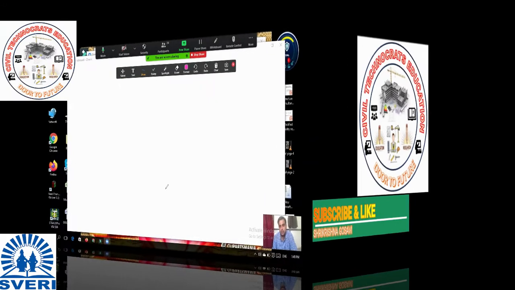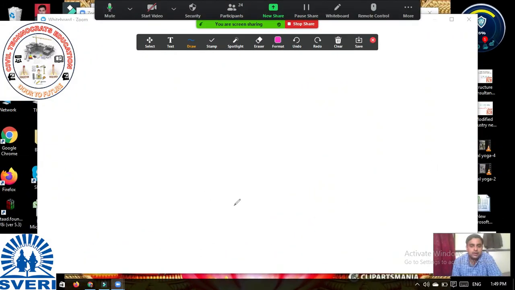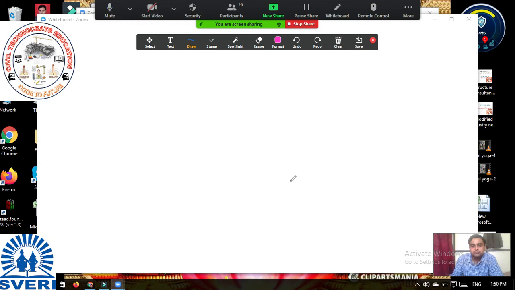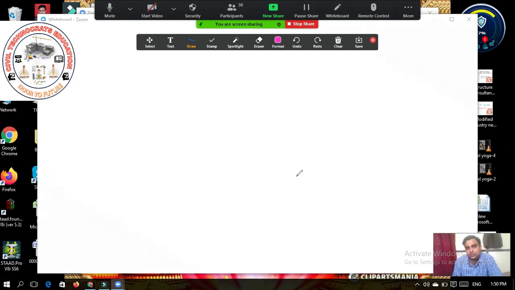To design the doubly reinforced section when Mu is greater than Mu limiting, that is, your bending moment is greater than your moment carrying capacity of the section, or moment of resistance, in that case we always go for doubly reinforced sections. In doubly reinforced sections also, we have to see whether xu is less than xu max, or xu is greater than xu max, or xu is equal to xu max.